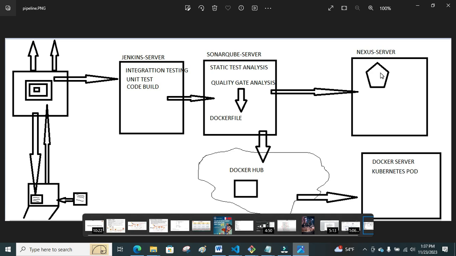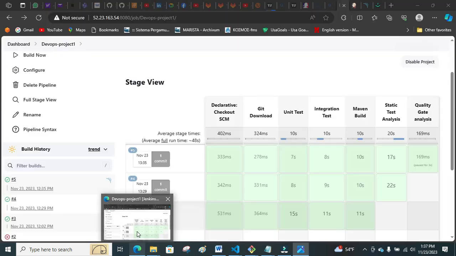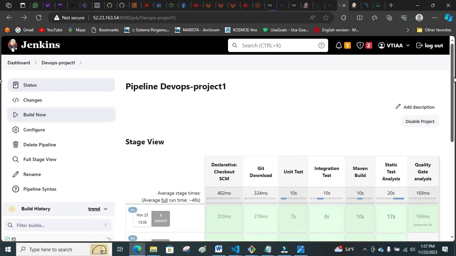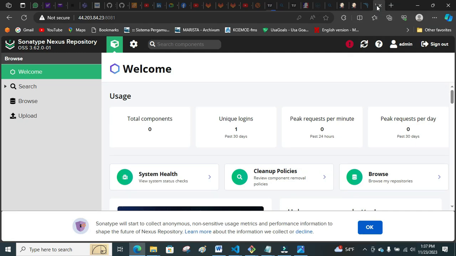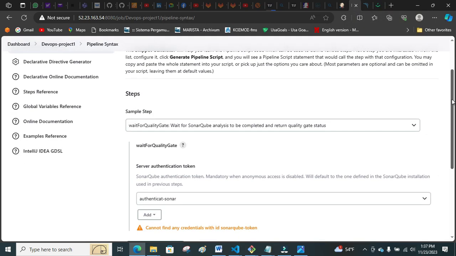That's our artifact tree, which is Nexus. How do we do that? We also have to link Nexus to Jenkins, like we linked SonarQube to Jenkins. So how do we link Nexus to Jenkins? In order to link Nexus to Jenkins, what you do is come to Jenkins and then come to your pipeline generator. You will see